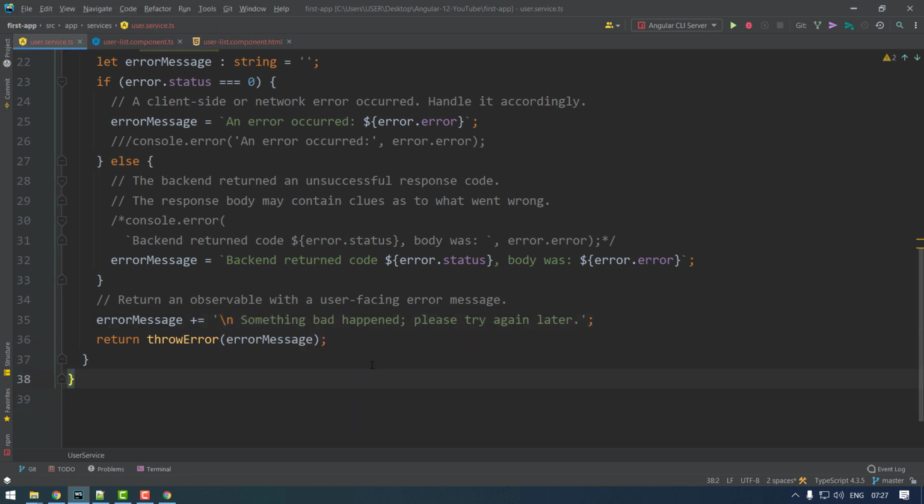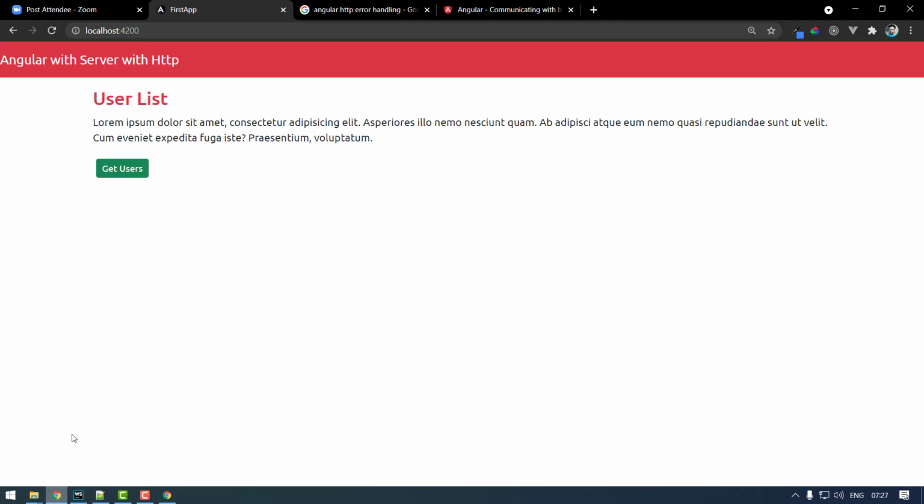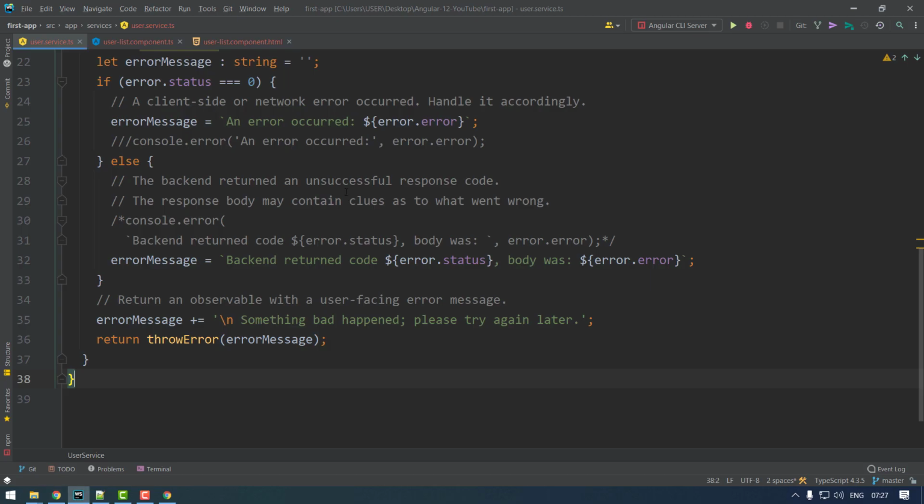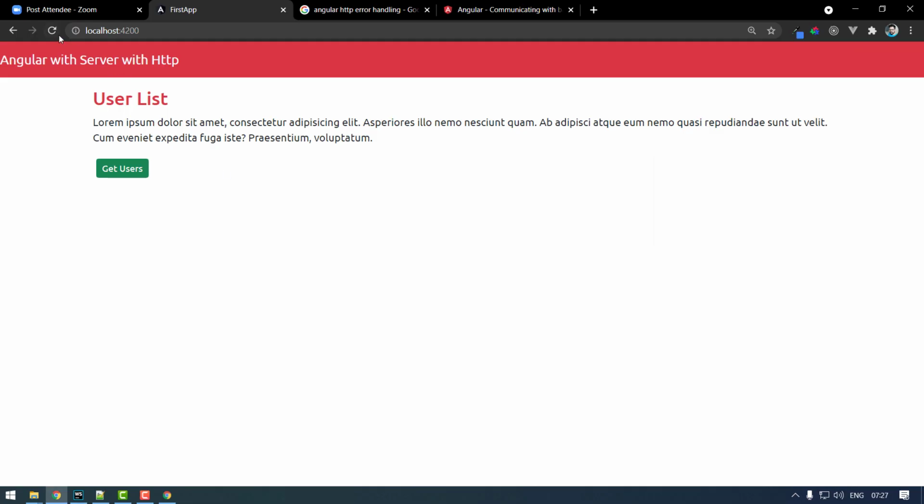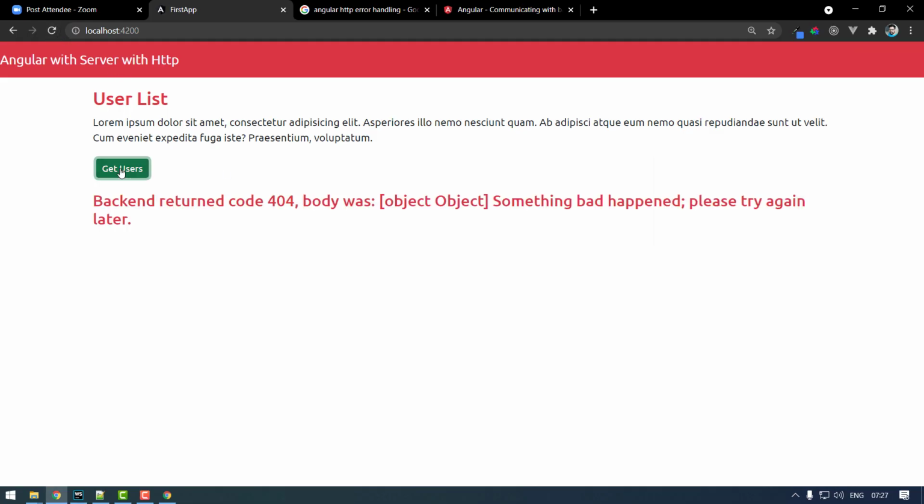Okay, done. So now, nothing to change because you already did the component for fetching data, so just refresh and click on get user. See, you got something like this. Backend returned the code 404 and body was empty object, and something bad happened, please try again later.